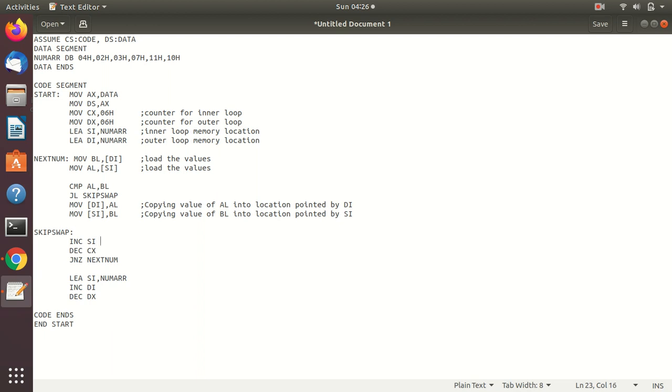Okay, done. Increment memory location, decrement inner counter.